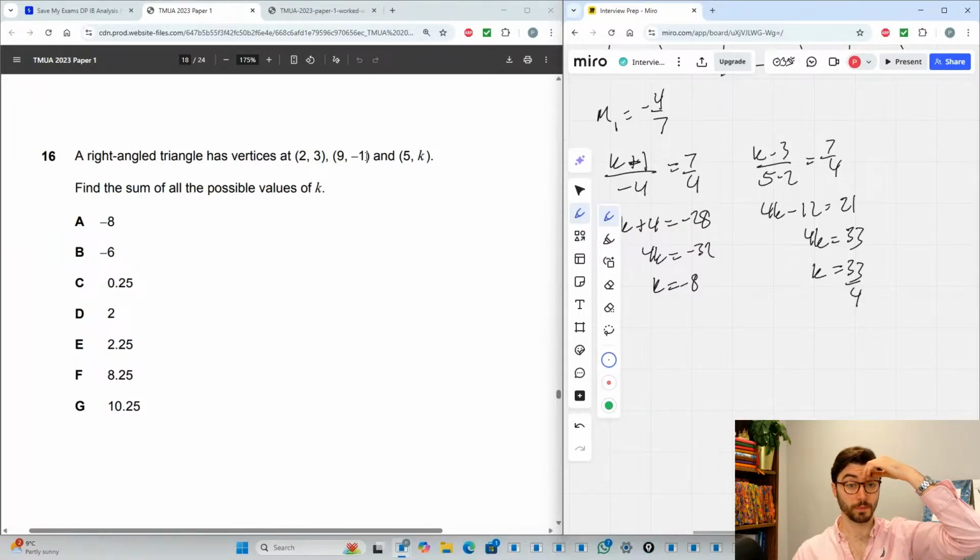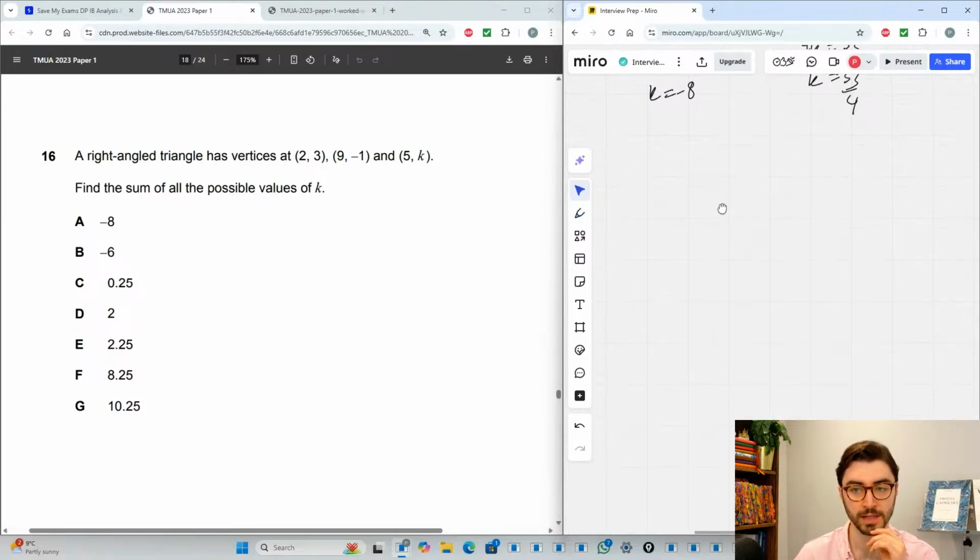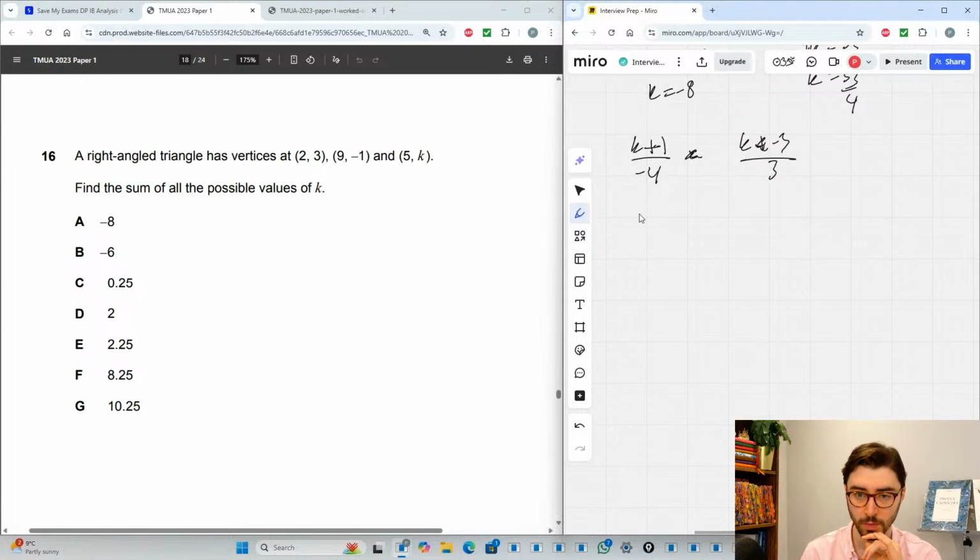Or we could not have it that is the one that is perpendicular, we could instead have it such that k plus 1 over minus 4 is the reciprocal of, so we're going to compare that with k minus 3 all over 3. So what we're saying is that k minus 3 over 3 is equal to the negative reciprocal of this,